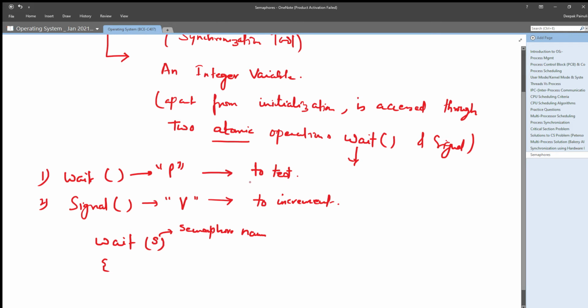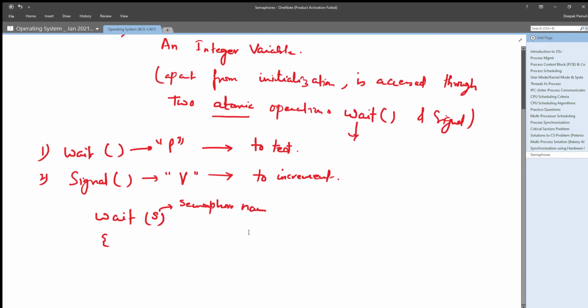So wait operation on semaphore S is what it will do. It will simply test the value of semaphore for greater than 0, right? And if it is getting less than 0 for S, that means it has to do no operation. That means it will do nothing, no operation, right?